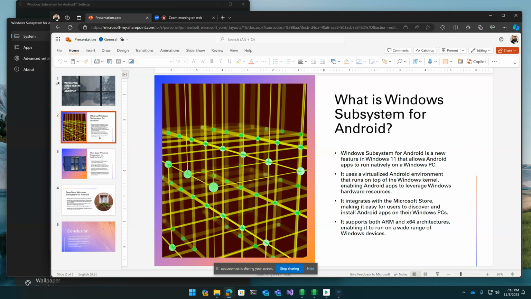It's an emulation layer. It leverages hypervisor technology on your operating system. So if your hardware lacks virtualization, you're going to have a tough time. What it does is emulate an ARM architecture, leveraging a custom Linux container that runs.